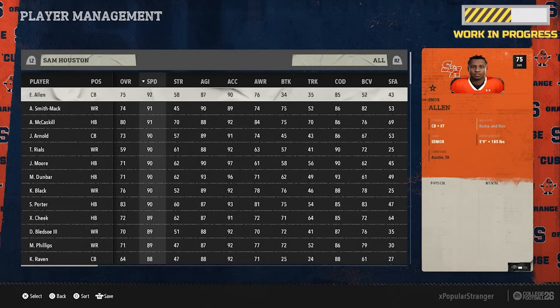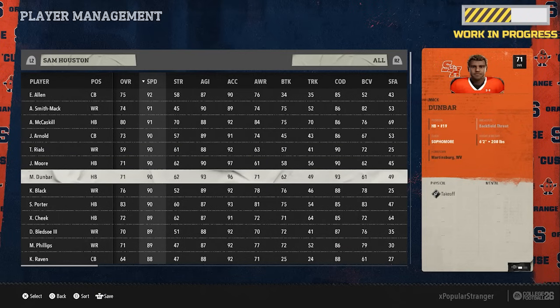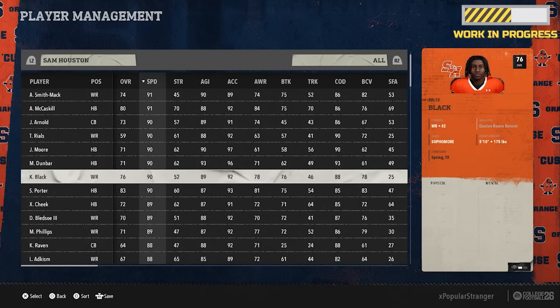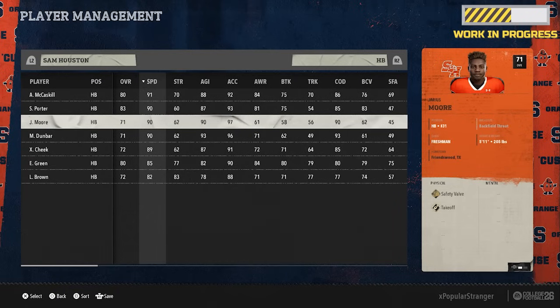Again, like most of these schools, speed is top heavy at running back, wide receiver, and cornerback, and you can see they have a ton of running backs on the roster to choose from. Just like we said earlier, if you like a dual threat system, you're going to have a lot of running backs to choose from,